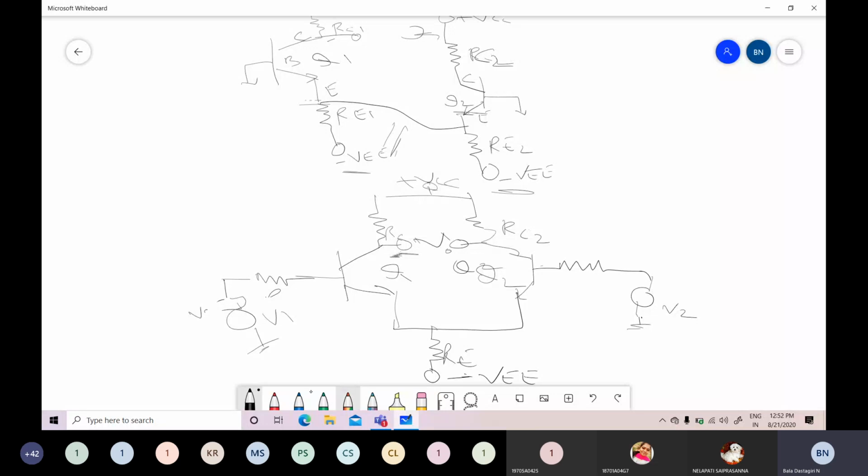So that means the AC signal you apply at V2 and the V1 input voltage are the same in magnitude but 180 degrees out of phase. Out of phase means this is the V1 voltage and this is the V2 voltage you are applying, so they are 180 degrees out of phase. Okay, so now